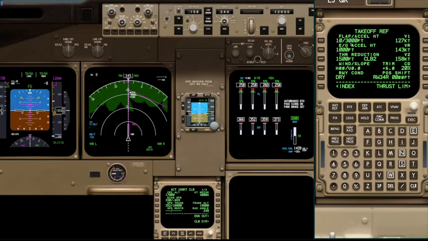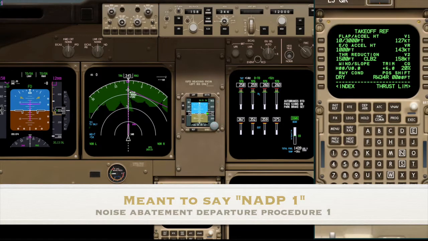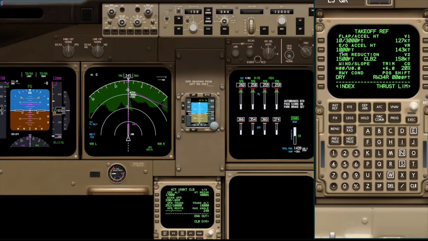Moses Lake. If we look at the takeoff reference page, we have NADP2 programmed in there right now, which is to accelerate at 3,000, thrust reduction at 1,500, and engine out at 1,000. But we're going to change that, I think, to NADP2, which would be the 1,000 feet acceleration, and thrust reduction